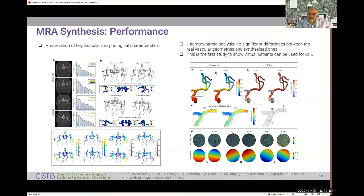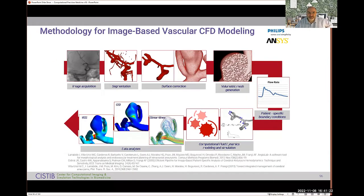So what happens to the hemodynamics if you run it on the segmented vasculature on the real images versus if you segment the vasculature in the synthetic images? So this is the ground truth and this is the synthetic, and what you observe is that the results are pretty much indistinguishable from a hemodynamics point of view as well. So, just to start wrapping up,